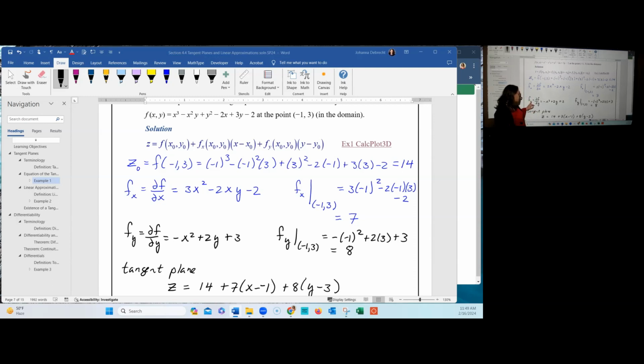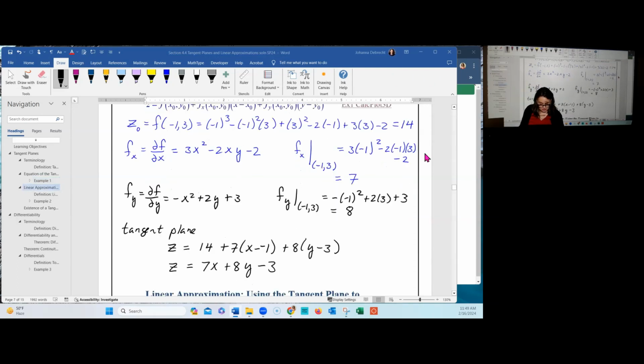Now we take the first partial with respect to y, which gives us negative x squared plus 2y plus 3, and evaluate that at the domain point or the point on the surface, and we obtain 8, which is the slope of the tangent line to the trace where we allow y to vary, but x is held constant at negative 1. Then we have all the pieces that we need in order to complete the equation,